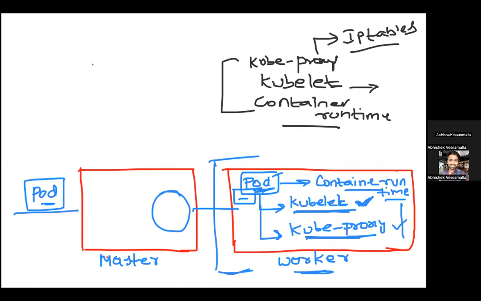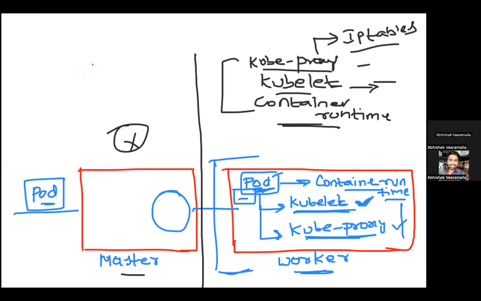Now let us move to the control plane, or the master component of it. So this worker node, or the data plane, is basically responsible for running your application. So using these three components, you technically have everything to run your application, right? So kubelet is deploying, kube-proxy is providing the networking, and the container runtime is providing the execution environment for your container. Now, why do you actually need the control plane itself? So you should get this question.